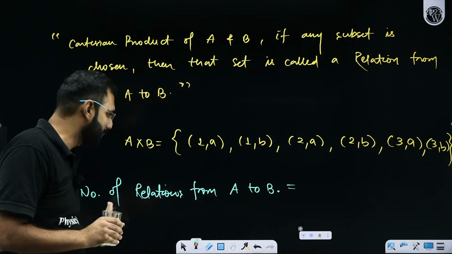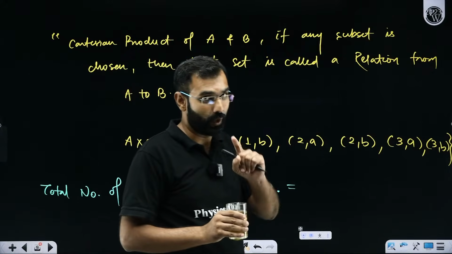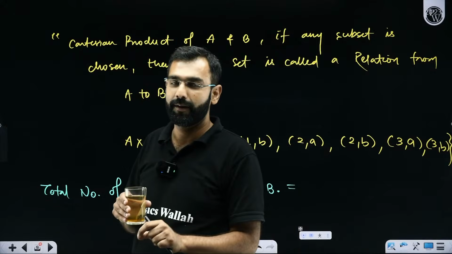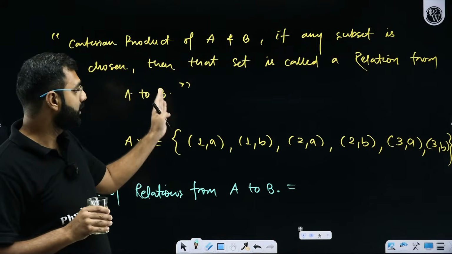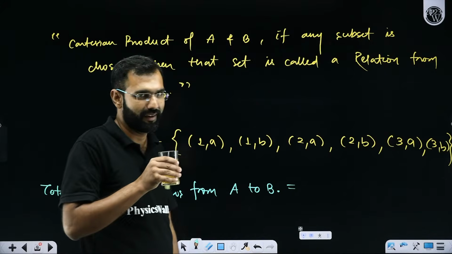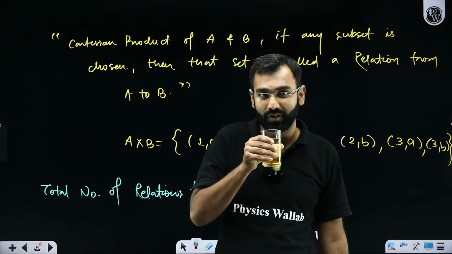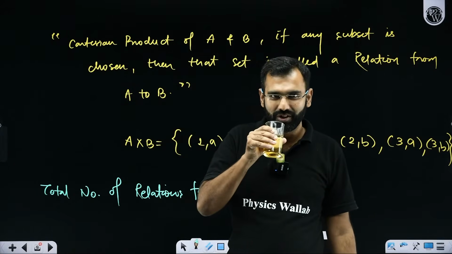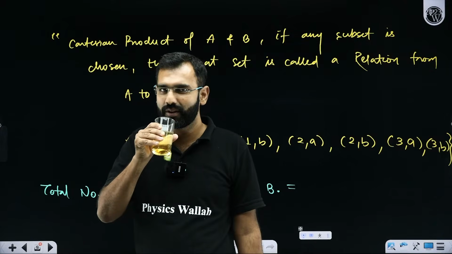So if you don't get this part, you need to watch the previous session which we conducted on sets. So can somebody help me with the formula? If set A has certain elements, set B has certain elements, what will be the total number of relations from A to B? What is N here, Vijay? What is N? Good observation, a very good observation. Mayank, you need to correct 6.